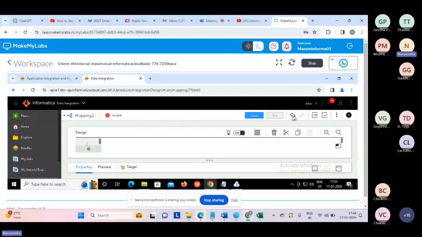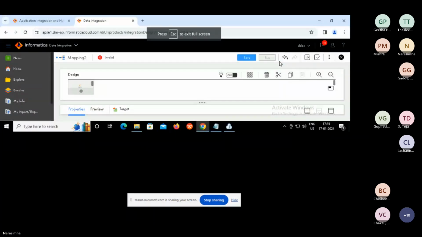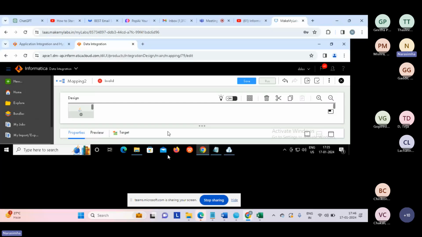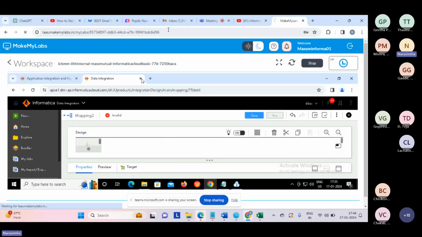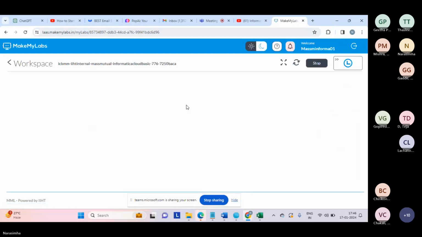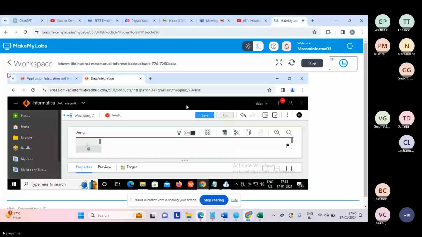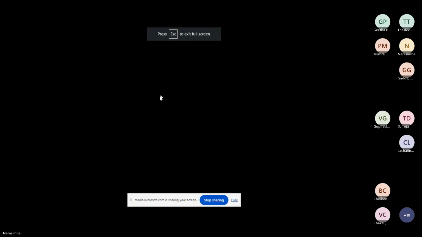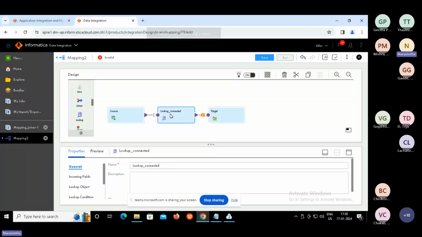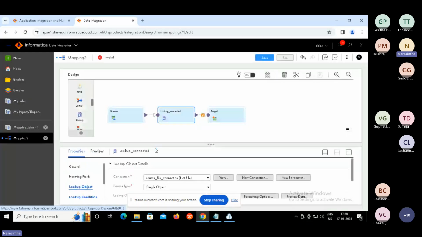Now let me try to make it full screen. Oh, it got stuck. I think we configured the lookup object, condition, and return, we saw, right?